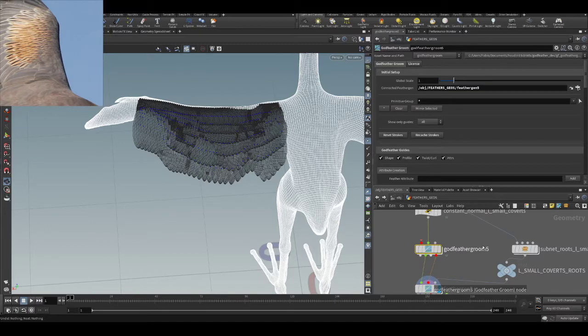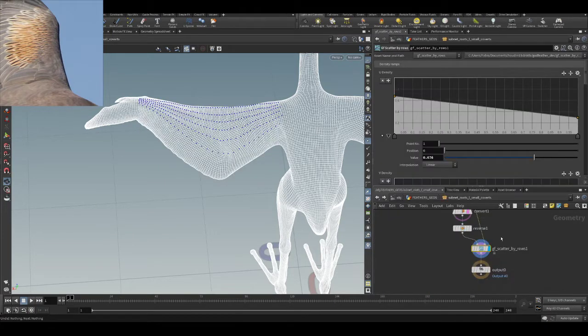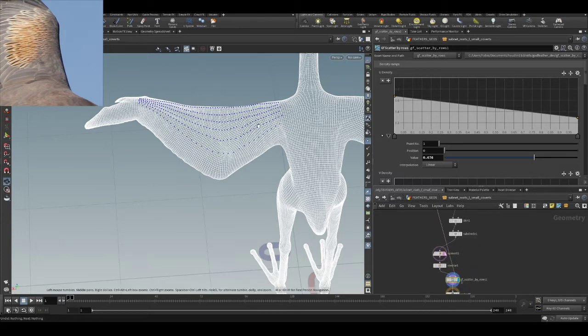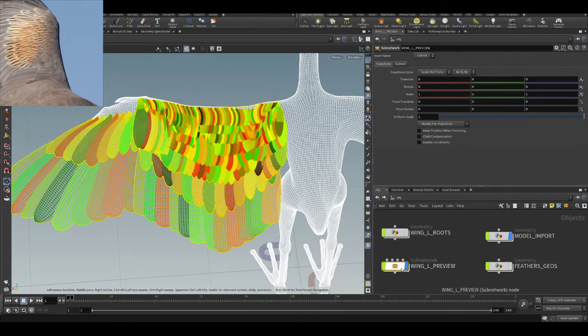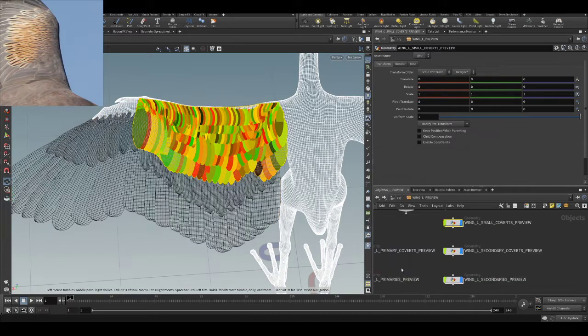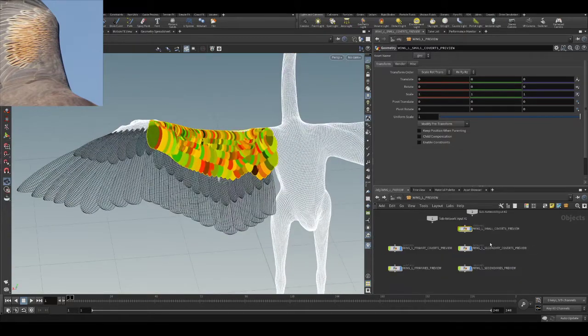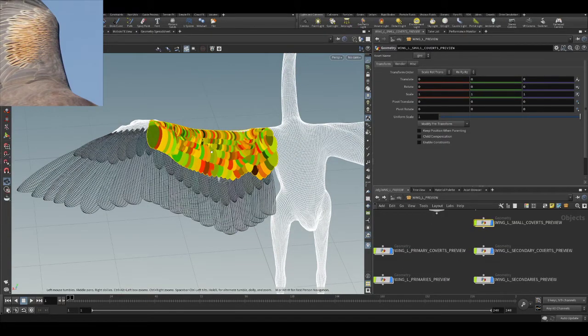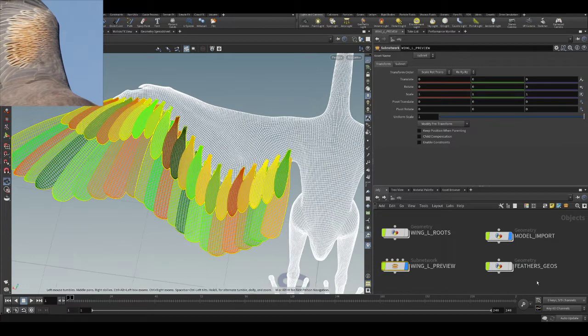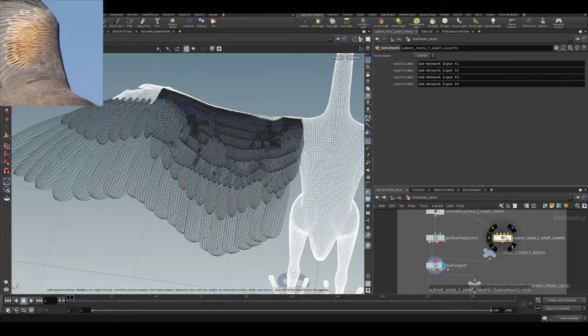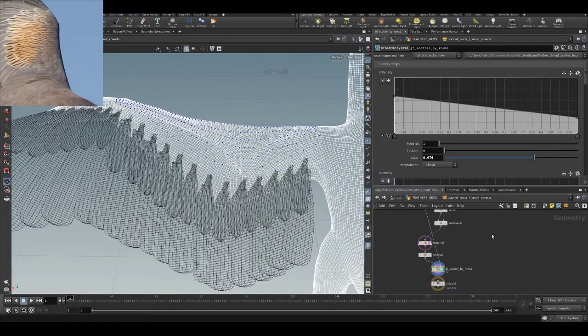And now what we have to do, we need to go back to this subnetwork, the one where we created the surface to scatter the roots. And we will try to create the wrap surface. To create the wrap surface correctly, we need to prepare our preview. So we don't need for now these feathers, we just need to see these ones. We jump to the subnetwork. We will grab